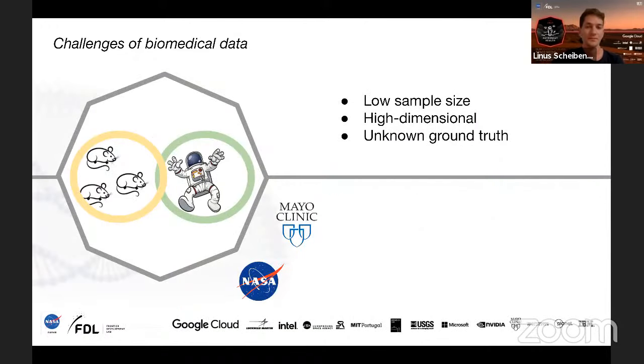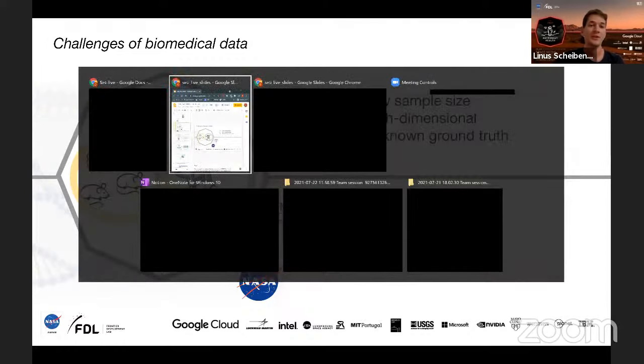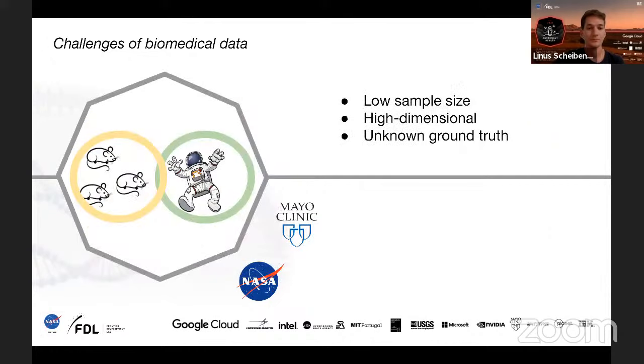That means that for each sample that we have, we can measure its properties in many different ways. So for example, in our specific case, we're using so-called microarray data, which essentially gives us counts of gene expressions. And for each subject in our study, we have tens of thousands of genes that are measured. So we have only a relatively small number of samples, but for each of those, we have lots of data, which increases the complexity of the problem and makes it more difficult to identify the actual causal drivers.